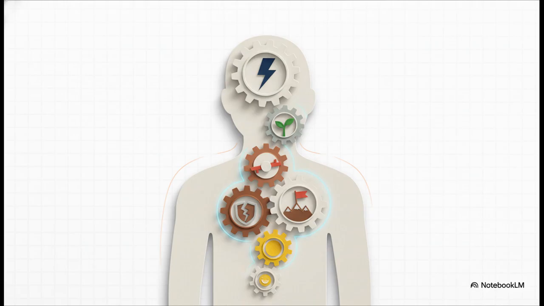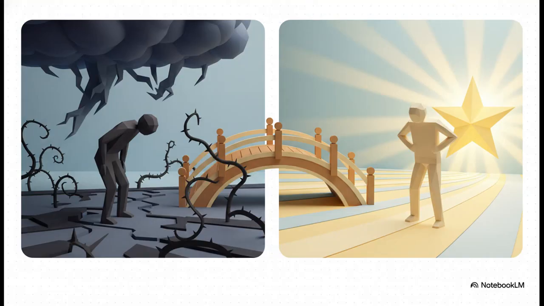And tied directly to that core problem are the emotions. The AI actually identifies and ranks the top 5 most intense feelings. Is it pure frustration, crushing anxiety? Maybe there's a little flicker of hope in there? These feelings are the true engines of human behavior. Now, what I love about this is how it frames what really motivates us. Transformation. The AI literally maps the gap between their current reality, all the struggle and the pain, and that desired future they're dreaming of. And that gap, that's where all effective marketing and communication happens.